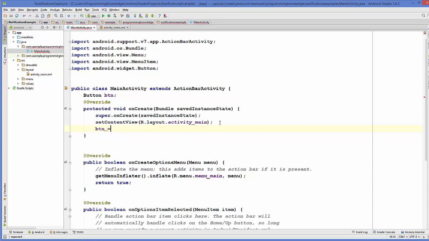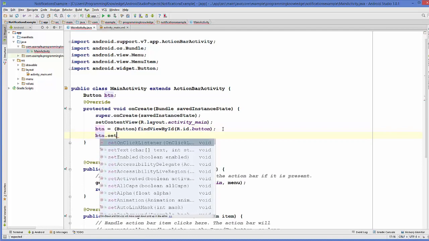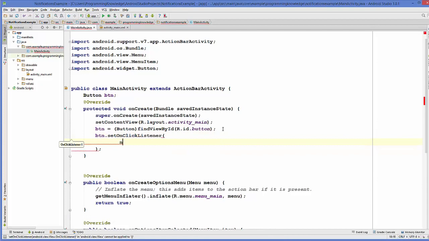So button is equal to findViewById. Now after casting this button, we can use this button object and we can call setOnClickListener on it. So button.setOnClickListener, and inside this setOnClickListener we are going to call